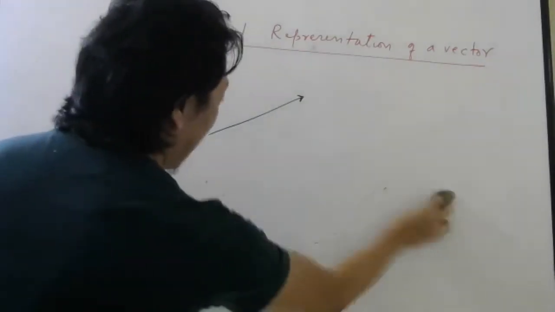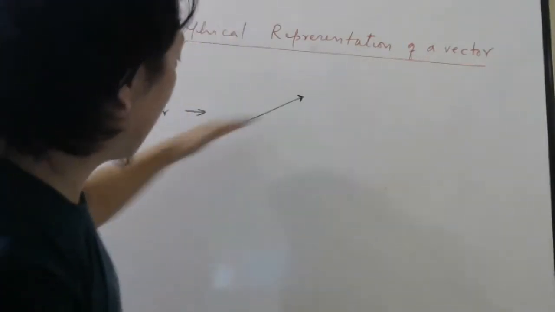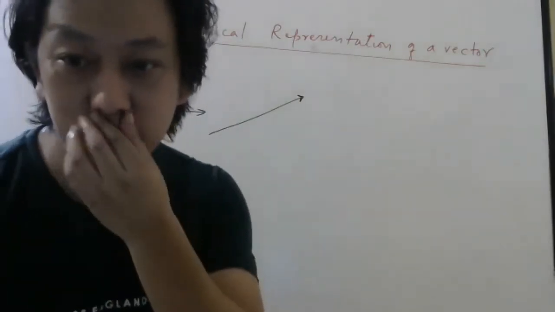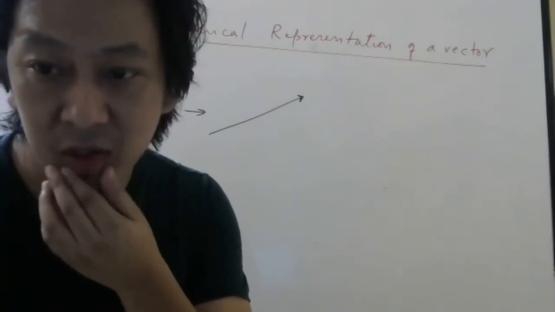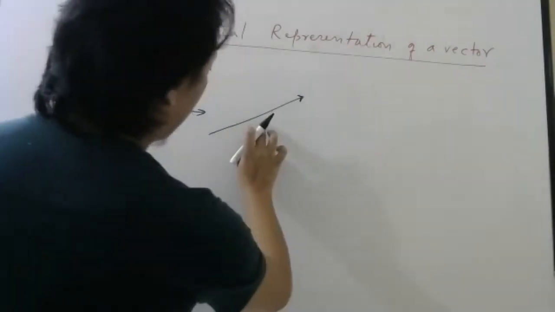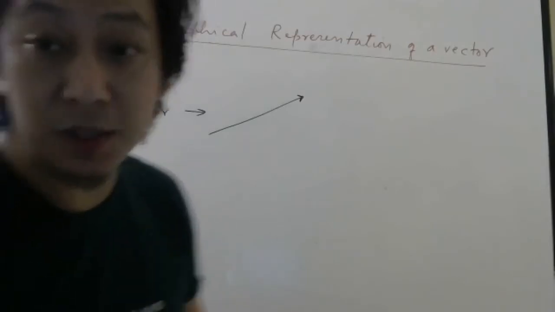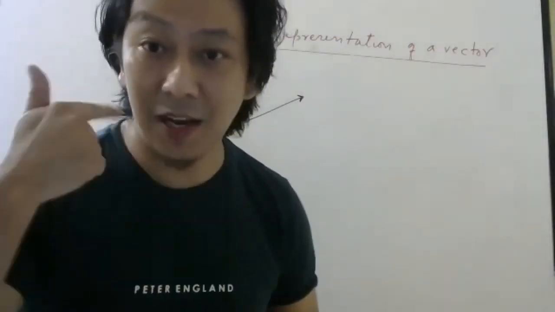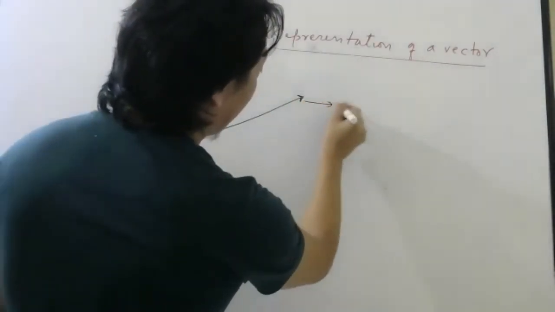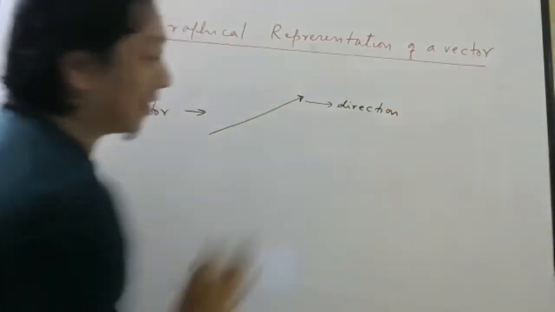So this arrow, which is nothing but a directed line, a line with an arrow mark. Yes, A is a number. That is what, Abhigna, we'll come to now, don't worry. If this one represents a vector, then it should give you two things, magnitude as well as direction. Direction is simple, wherever the arrow is pointing, that will be the direction.